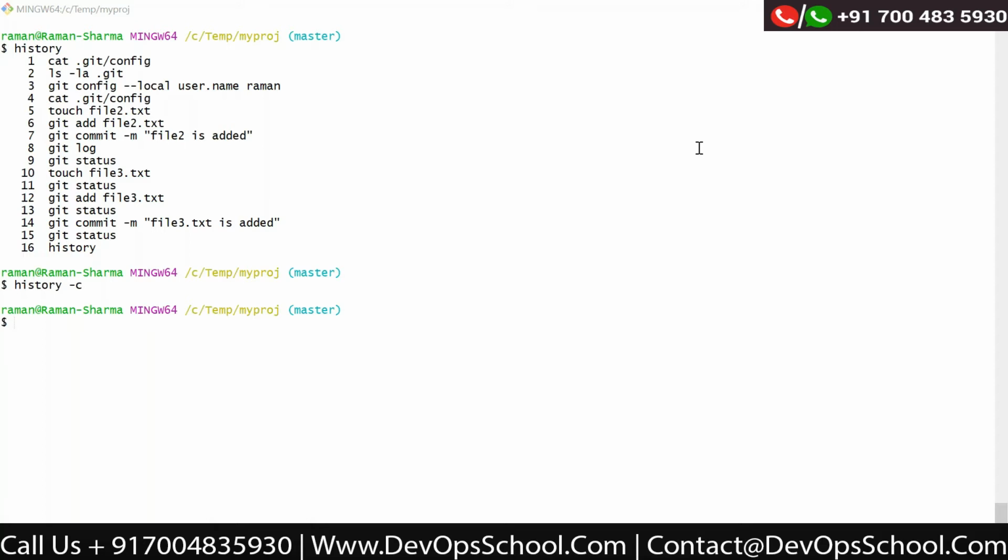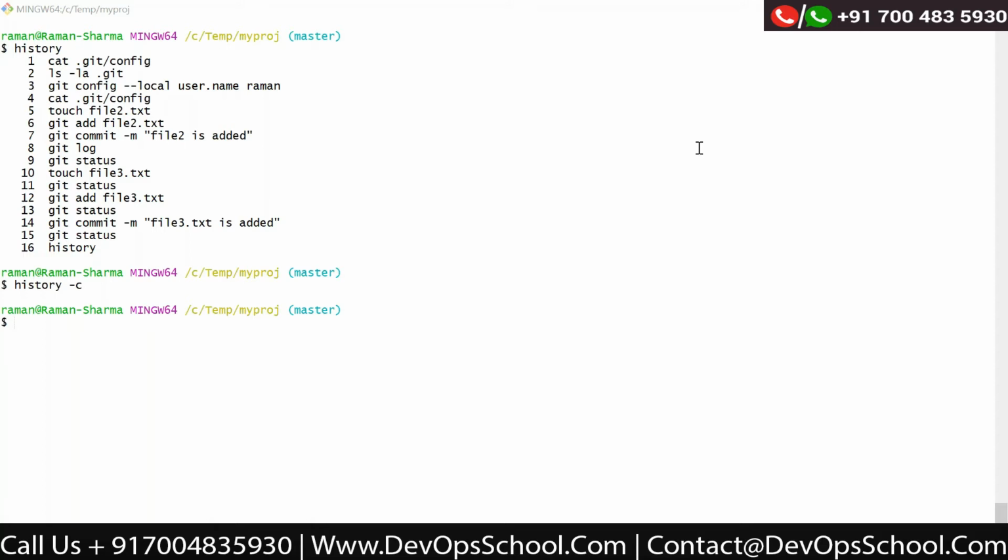For example, if you want to set the same username for all your projects, then put it into the global configuration file. But if you want it specific to a particular project, then put it into the local configuration file. Okay, so these things we have discussed so far.